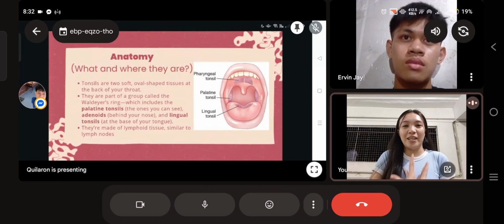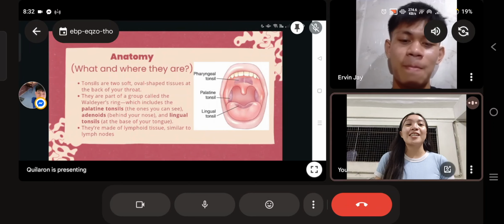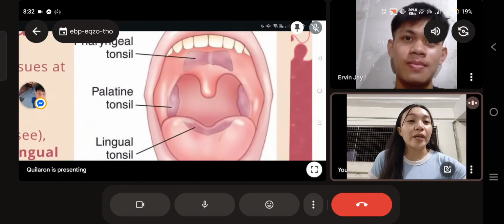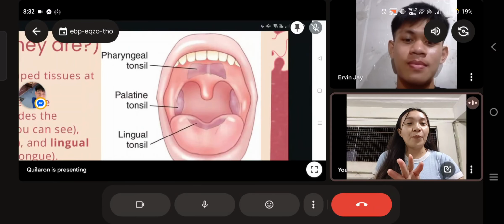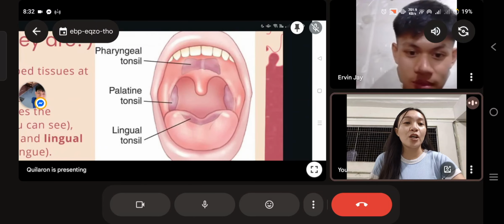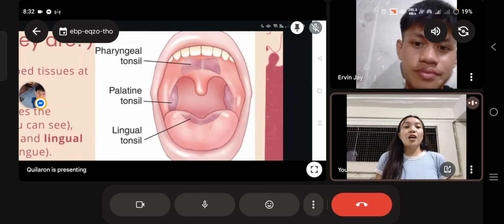Kung sa anatomy, naa ba kay idea what is anatomy? Okay, when we say anatomy, it is what the parts are and where they are located. So let me zoom in on this. Please look at this part. We can see here the pharyngeal tonsil, the palatine tonsil, and the lingual tonsil. So we have three